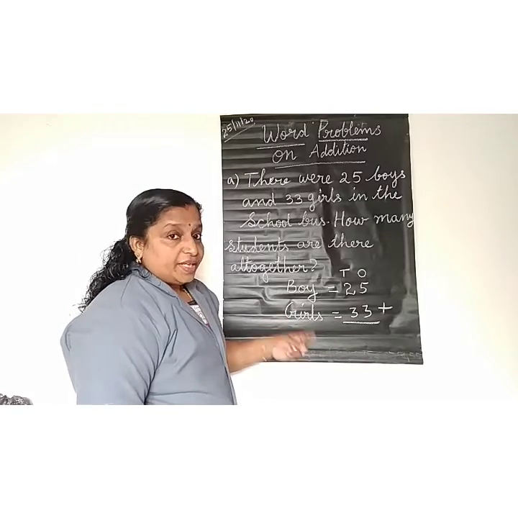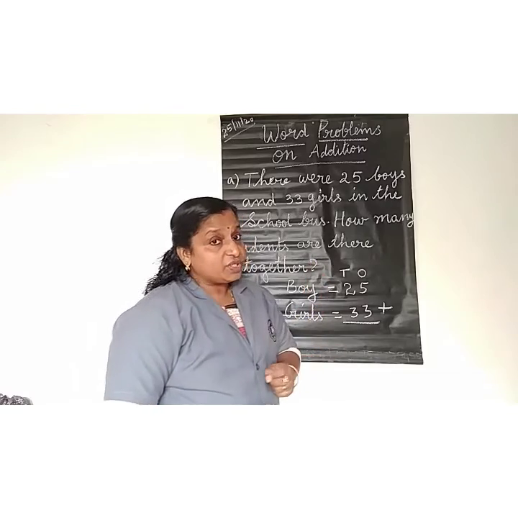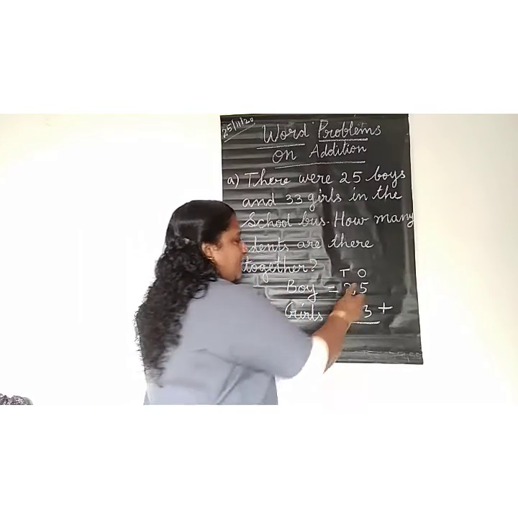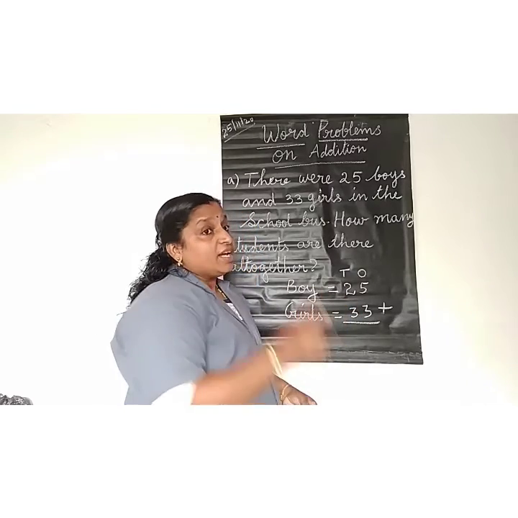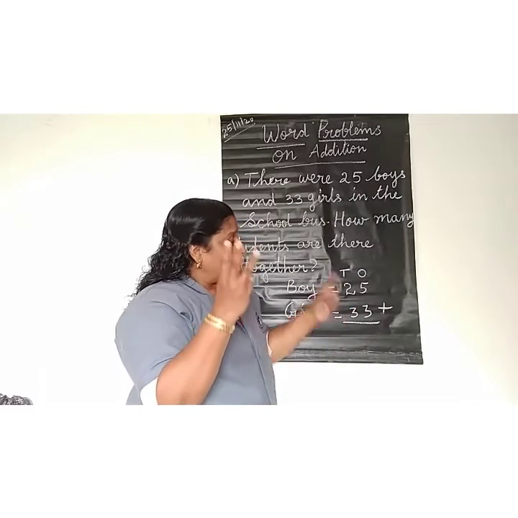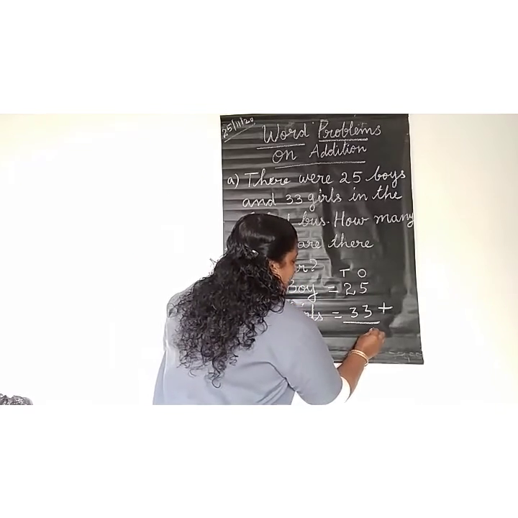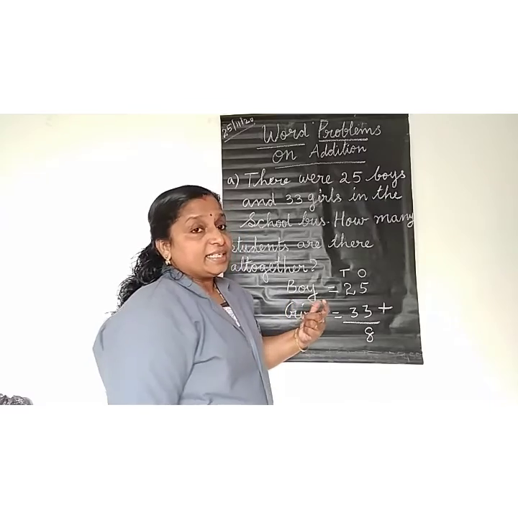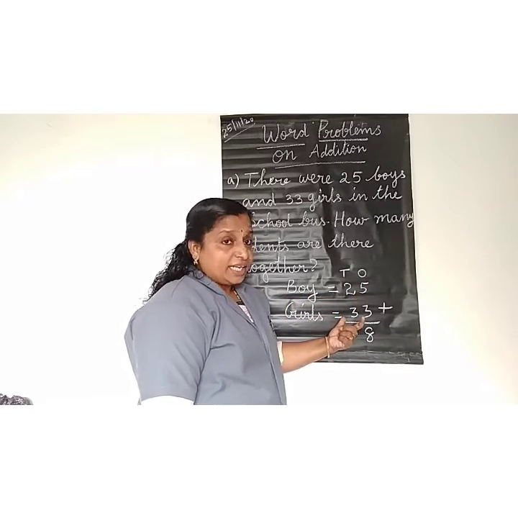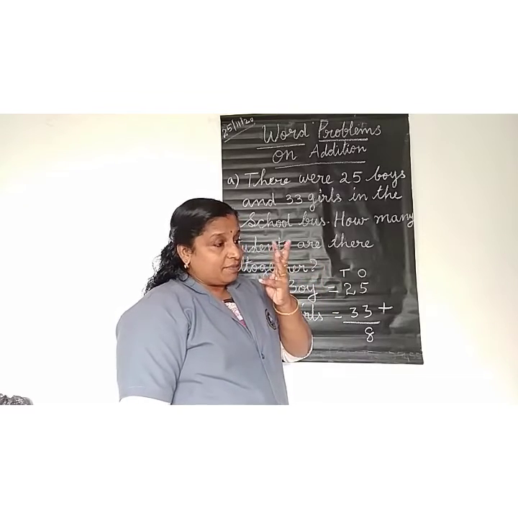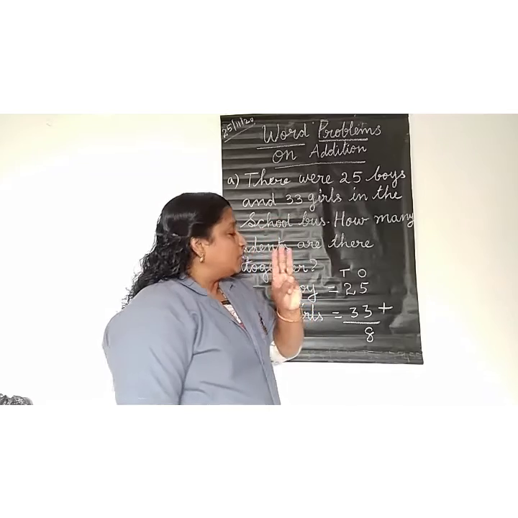So what will we do? We'll add the numbers vertically. First, which place should we add? Yes, ones place. What is the top number? 5. What is the bottom number? 3. 5 in your mind, 3 fingers up. 5 after: 6, 7, 8. Here you got 8 in ones place. And the second number, place value is tens. 2 on top and below you got 3. 2 in your mind, 3 fingers up. 2 after: 3, 4, 5. 2 plus 3 is 5.